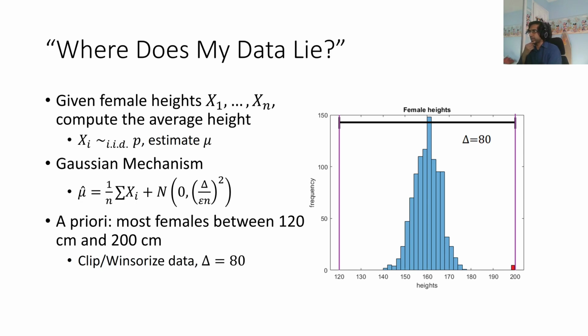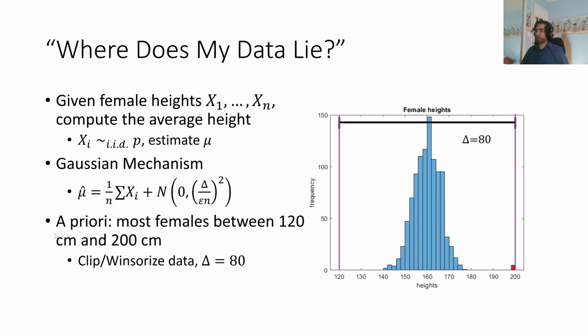Now, we can see that this has limited the sensitivity. That is, this delta parameter, the sensitivity of the sum, is now down from real max to just 80, because you can take one point from the right side and move it all the way to the left side, or vice versa. This can only change the sum by at most 80. Therefore, we've already enjoyed a significant improvement, and this will give us a non-trivial algorithm for the setting.